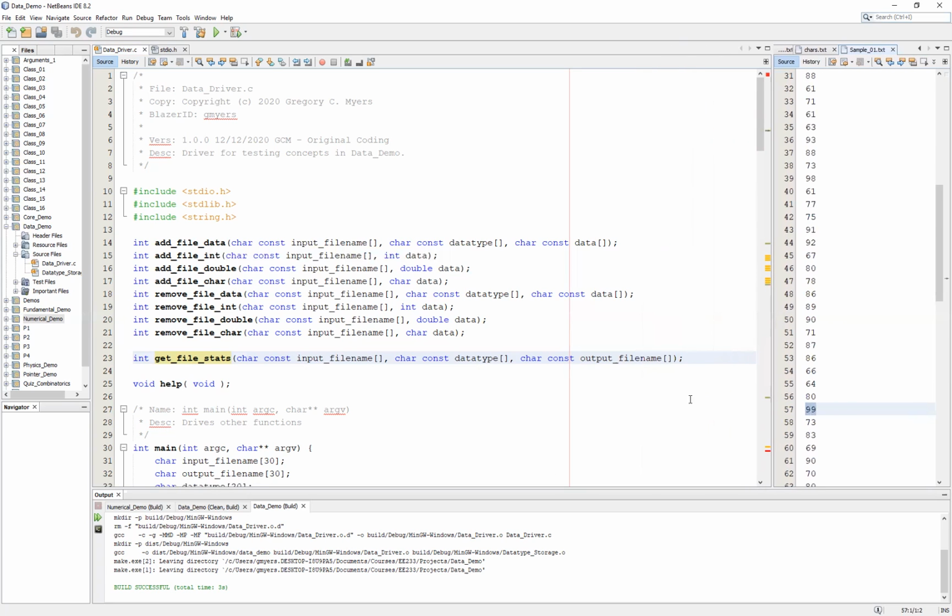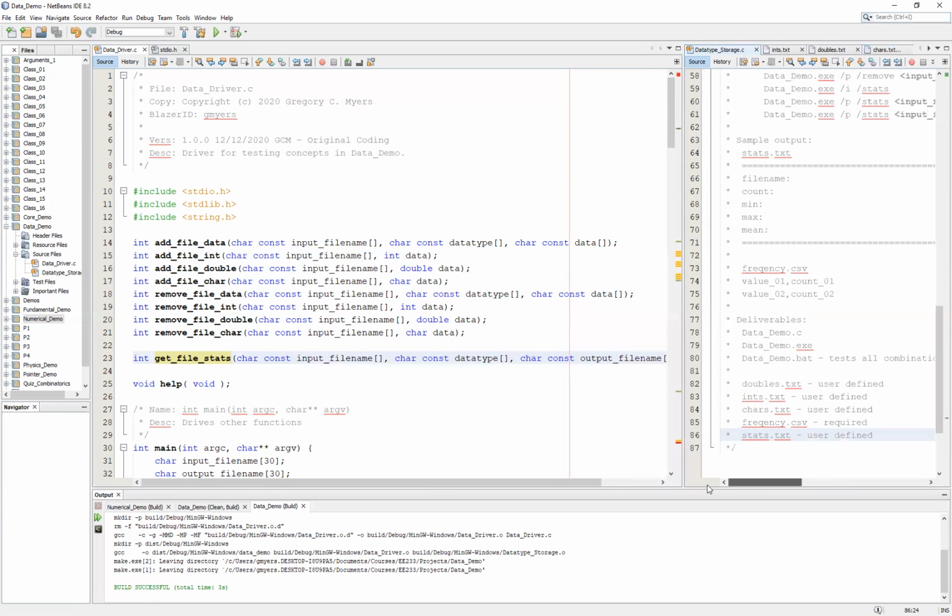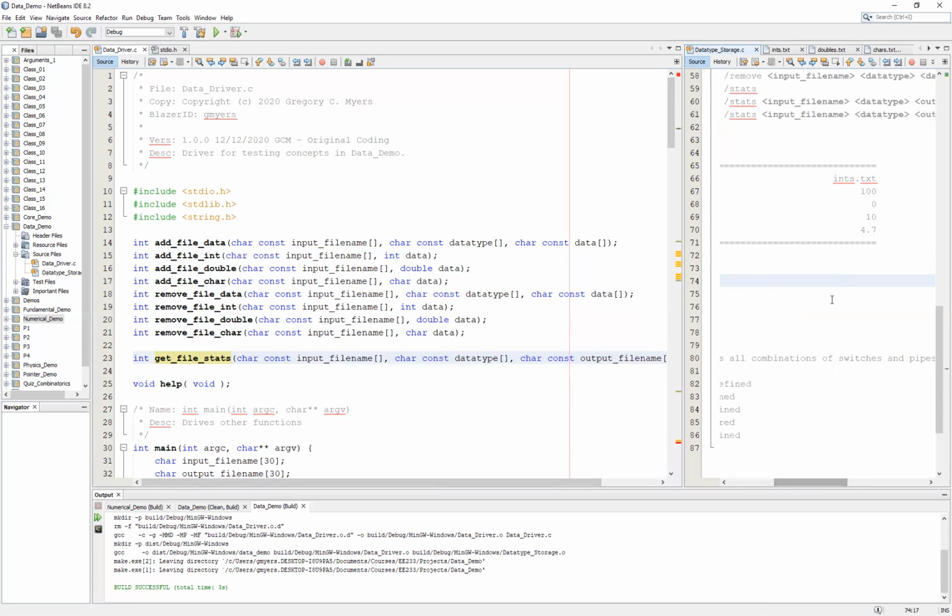The idea here is that we want to produce an output file that keeps track of the frequency of each type of data. If you'll notice, I have a format associated with that as well, and that is going to be the value and the count. For this particular example, I am not going to worry about the order in which you are collecting the values. In other words, I would expect the frequency.csv to reflect the order in which you first saw a piece of data. So if you go back to our